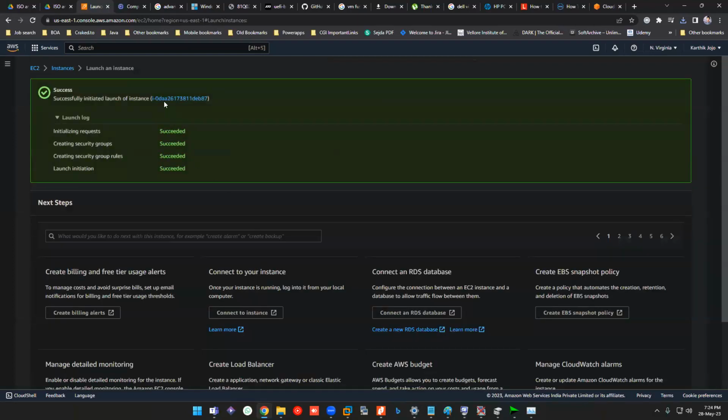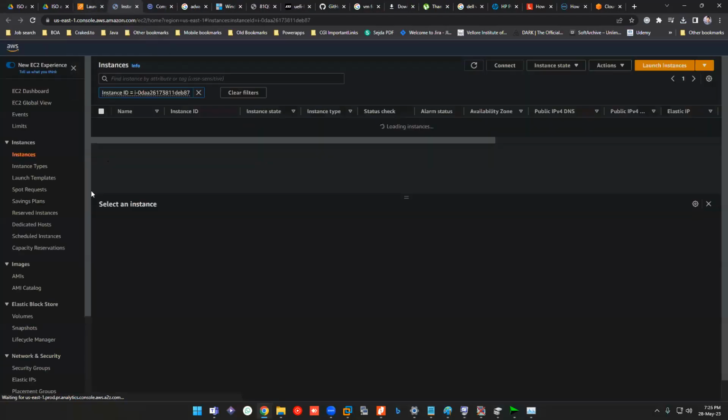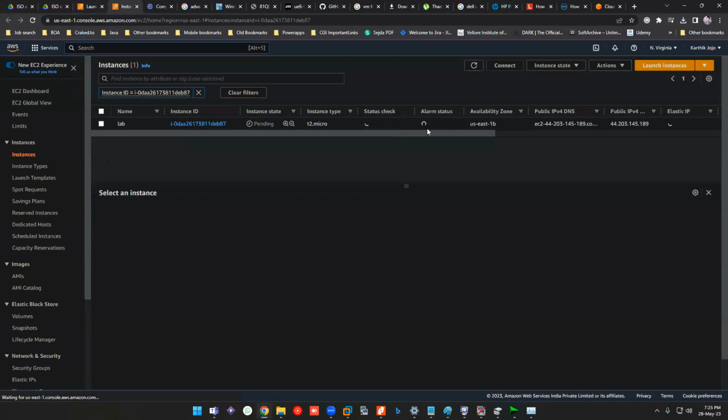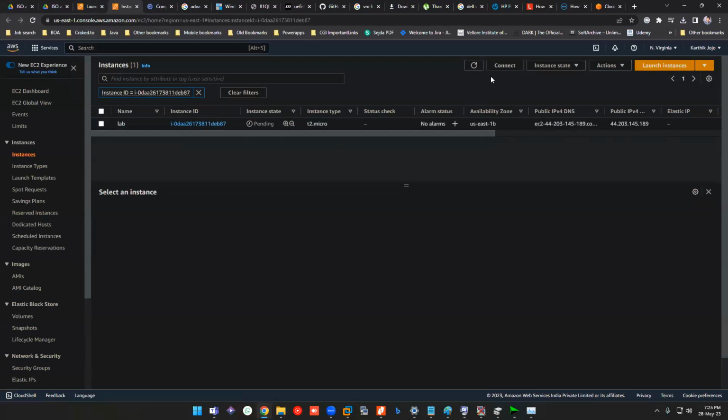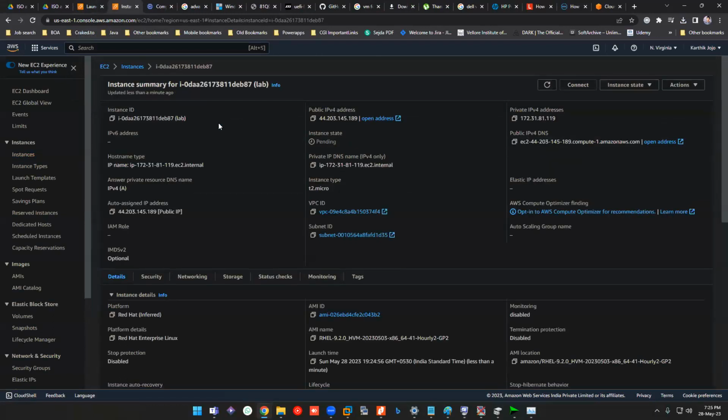Once you are done with the session, or done with the lab every day, please do stop the instance. If you didn't stop it and it stays turned on for, let's say, 15 to 20 days, obviously it will incur cost and it will be a huge amount.